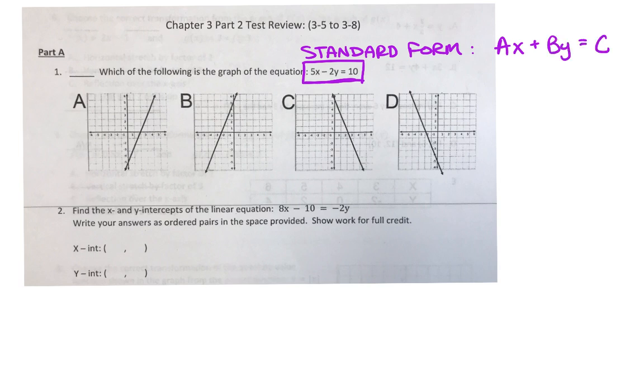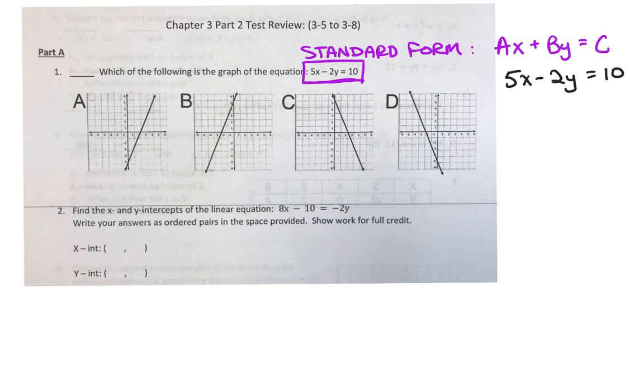Alrighty, and I don't love standard form, but it is good for finding intercepts. So for questions 1 and 2, we're going to use standard form to find intercepts. The first problem gives us 5x minus 2y equals 10, and it wants us to pick out the right graph. So the way I'm going to do this is I'm going to pick out the graph that has the correct